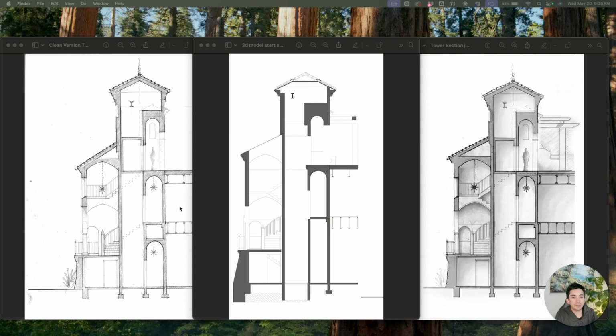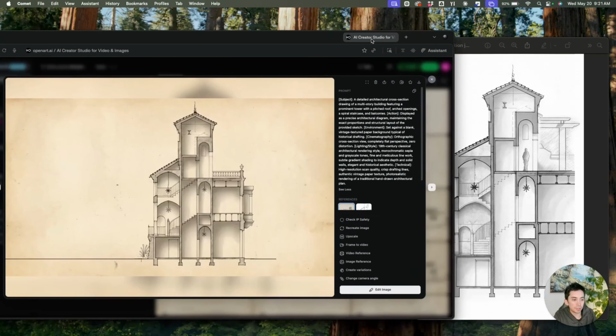Now, I understand not many people are able to get something like this, as far as sketching. This was a project where one of my clients gave me a sketch already of this elevation, but we still had to translate that into a 3D model. And this is the base of the 3D model. So the first thing to render, as I mentioned in the previous video, is a tool that I really recommend,